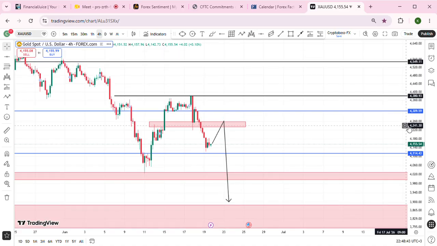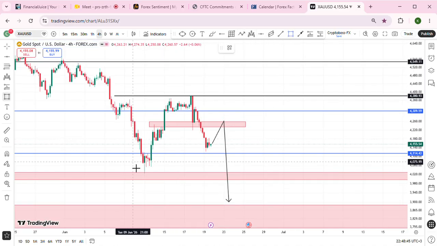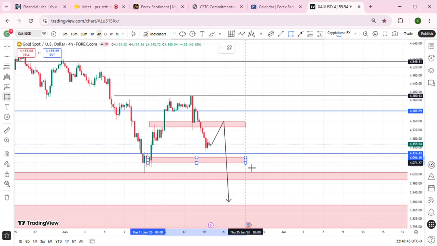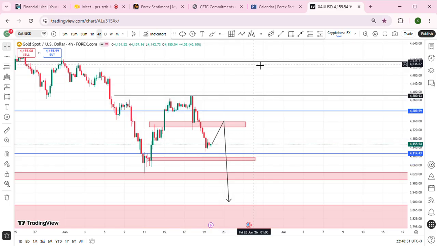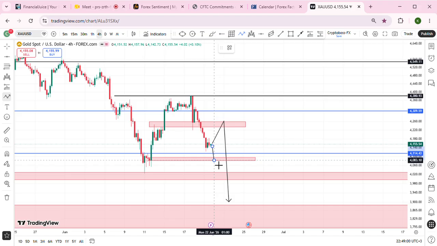Again, we have this demand or order block here. If the market decides to open down and come to this because of how it closed on Friday and because of the pressure of the bank holiday and so on, well and good. If it comes back to this level around 40.75 there, you can take your buys. If it doesn't and it opens up, when you get a good opportunity, you can look for buys as well, right? And then the sales,